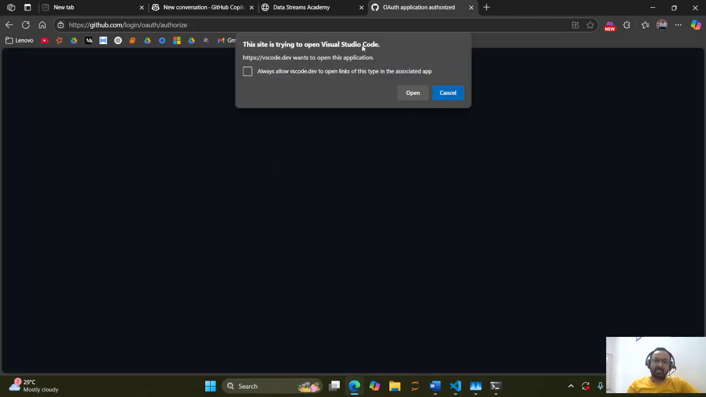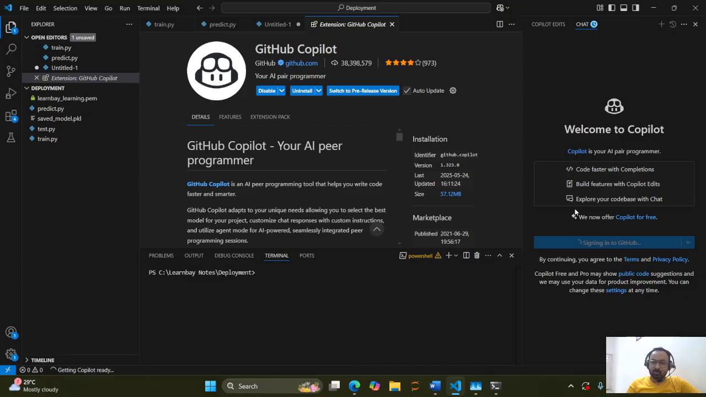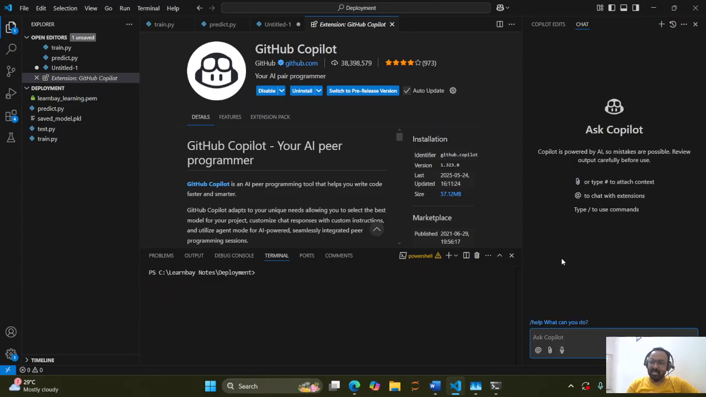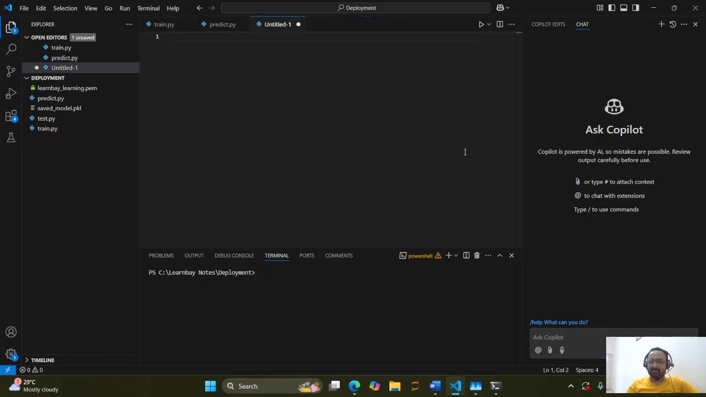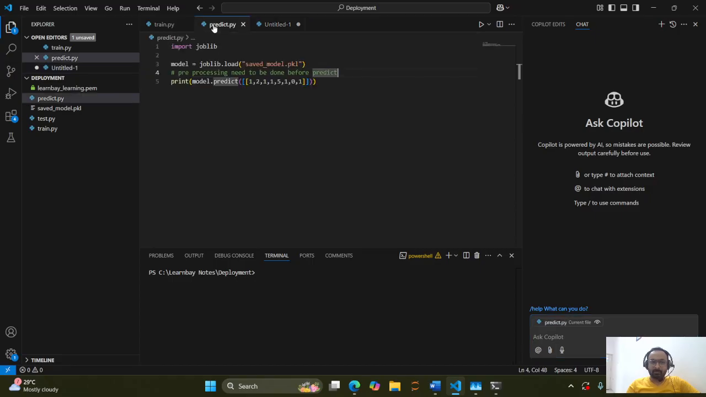Another site is trying to open Visual Studio Code. You can open it because it's already open on the other side. Yeah, so now it is allowing, Copilot is getting ready. I'm so excited to see because I haven't tested this before. Now you can see Copilot is on your right side, right? So you can ask it to help you with the code, right? So I have some predict dot